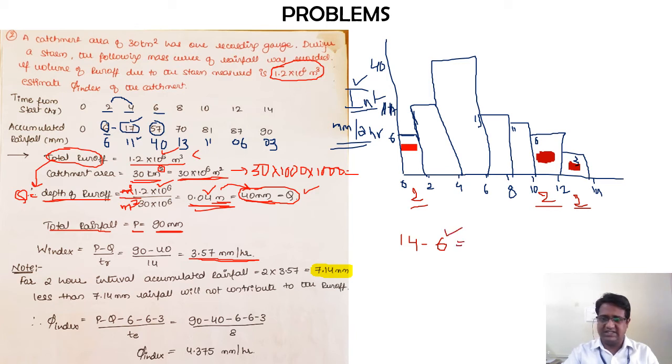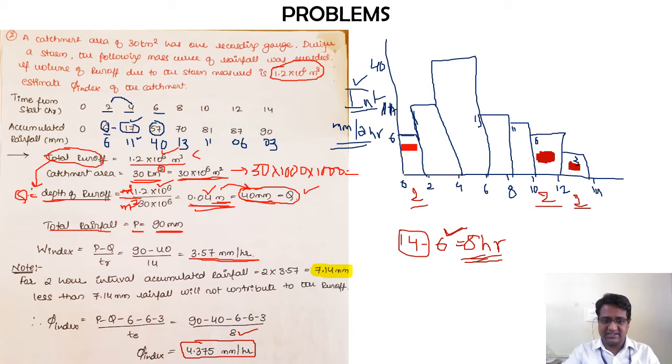Based on this, my total excess rainfall duration will be how much? 8 hours. So don't deduct 14 minus 3. Why are you not deducting 3? Because each section is of 2 hours. In the previous case it was 1 hour, so we directly deducted it there. Here it is 2 hours, that's why I'm deducting 6 hours. So the total TE value is 8 hours. If I put that 8 hours in the denominator, ultimately I'll get the phi index as